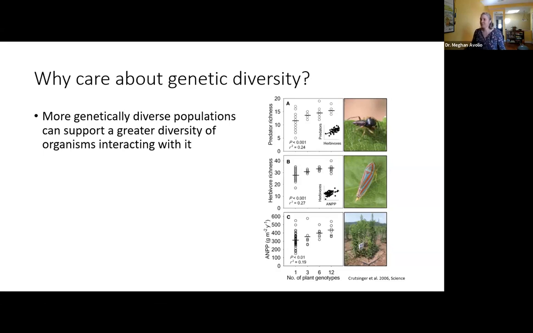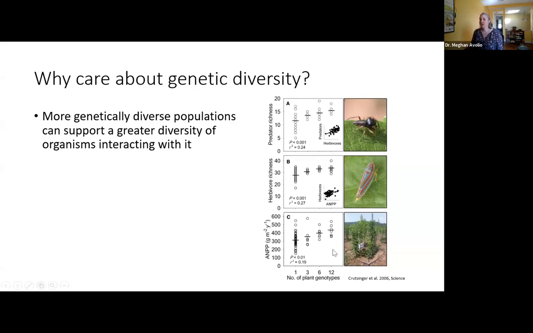So this is work that was done on Solidago species. Here on the x-axis is the number of plant genotypes. So I either have 12 plants of all the exact same genetic background, I have 12 plants of 3 different genetic backgrounds, I have 12 plants of 2 genetic backgrounds, or I have 12 plants and every single plant is a different genetic background. The first thing that they show is that when you have plots with an admixture of different genotypes, you overall have more biomass in those plots. There's more plant growth when there's more different genotypes of plants or more genetic diversity.